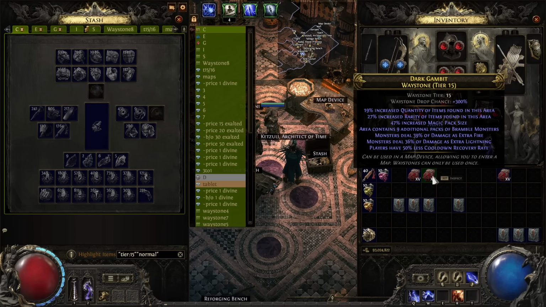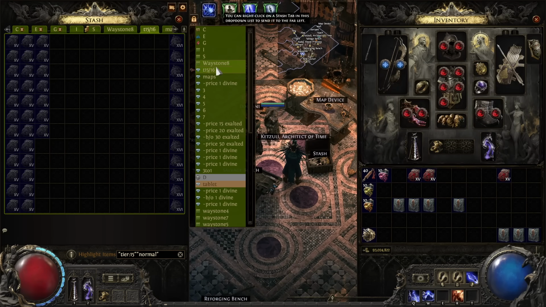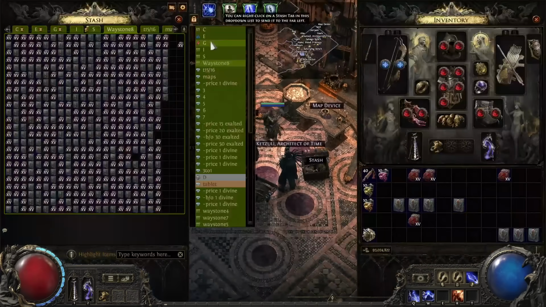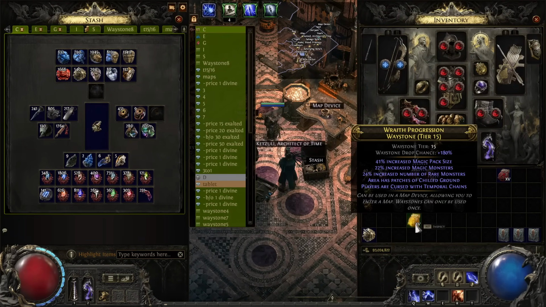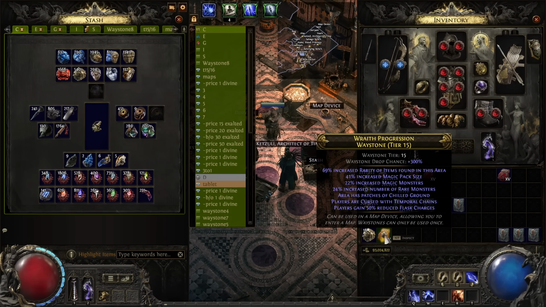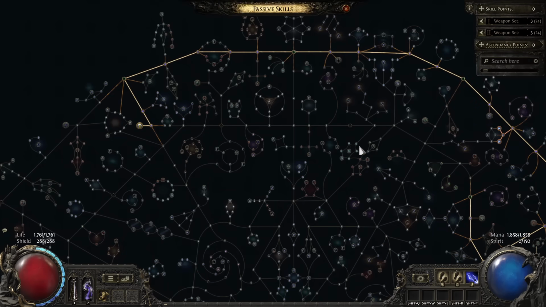Other modifiers, you do want 6 mods. So like I said, what you will do, you take out a map, you'll alch it. If it has the modifiers you want, then you'll just exalt it twice. It's important to exalt it twice. You do want 6 modifiers. So this one has increased rare monsters, right? So exalt twice. And no matter what, you always exalt it twice, because the reason for that is on your